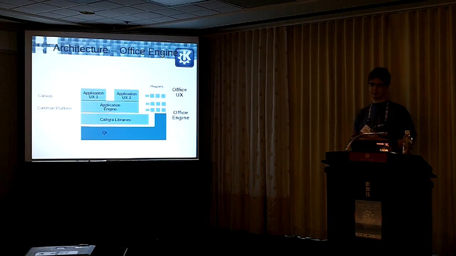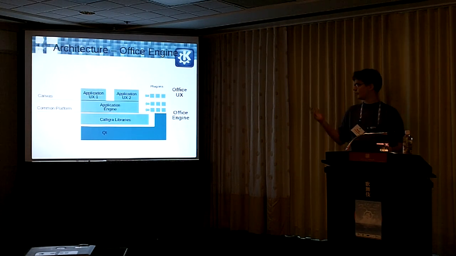And also partly because of, adding the mobile user interface was made possible because of the architecture of Calligra. I mean, at the bottom we have Qt, obviously, and on top of Qt, well, there's KDE and Beam, of course, and there are the Calligra libraries. And well, the Calligra libraries basically are a framework to have objects in an Office document and how they are rendered, and well, there's text and graphics items, images, whatever, charts. But all the objects themselves are plugins, and then on top of the libraries, for each application, you have